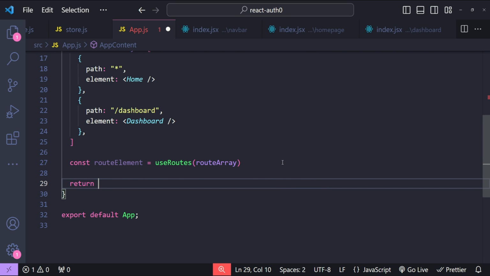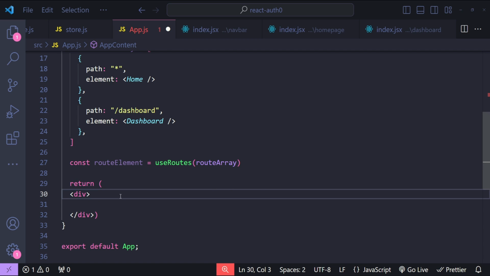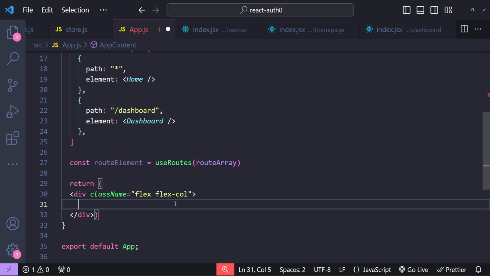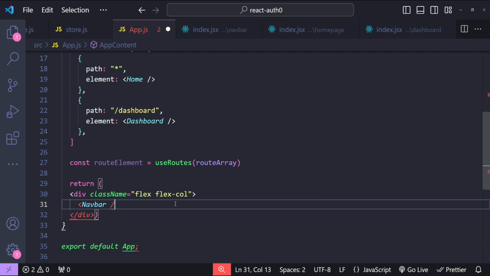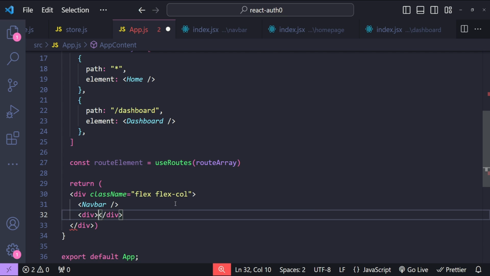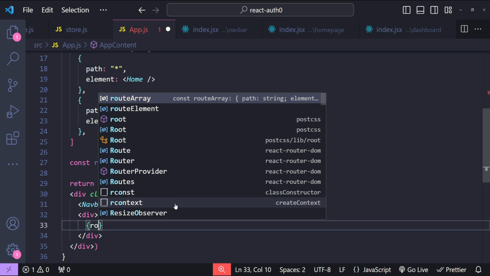So return div, and then inside this div first let's just style it with Tailwind's classes. So this is just going to be styled as a flex container, and first we are going to render the Navbar for our entire single page application, and then we will render a div which is going to have our